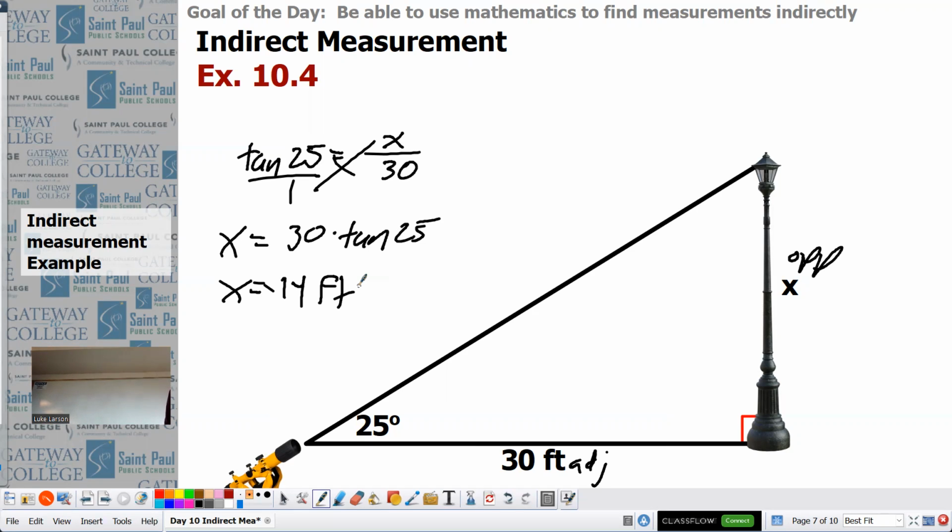So find the height of this tree. Again, we're looking for the opposite side, and we know the adjacent. So that's always going to be tangent for these problems. So the tangent of 41 equals the, oh,